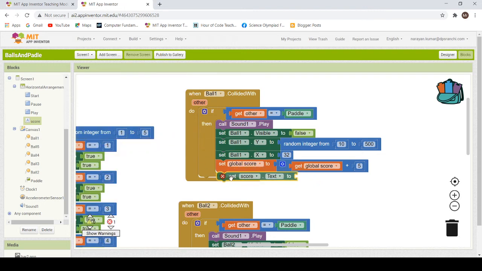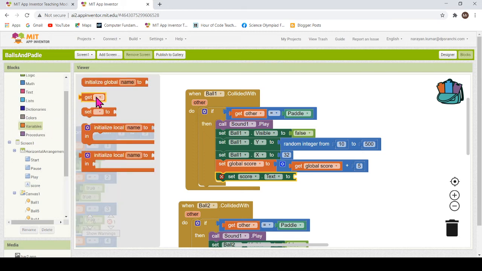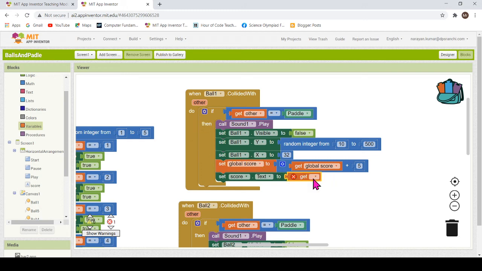We will set the score dot text to the value that was added there. So we go to variable and say get global score. Now you see, this much we have done, and that's very simple and easy. Let me quickly go through what I have done. This time I'm updating the score.